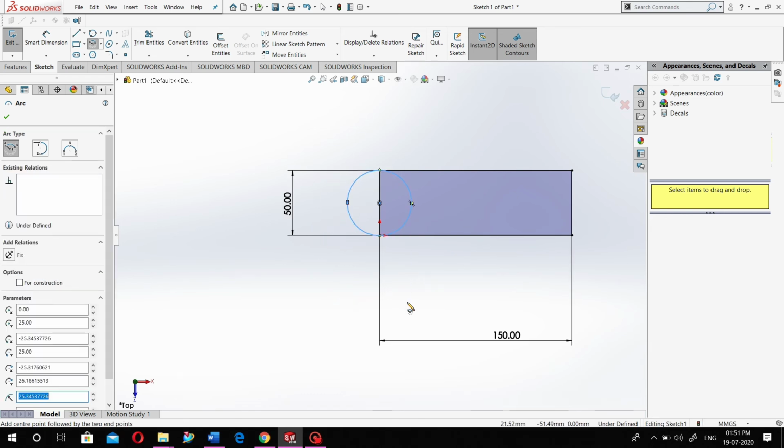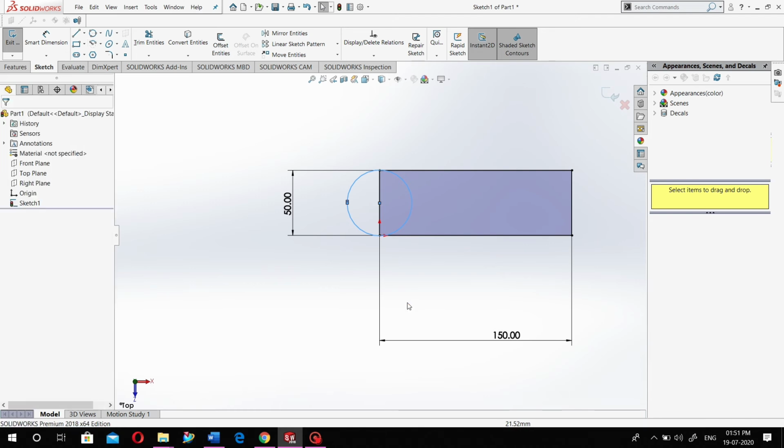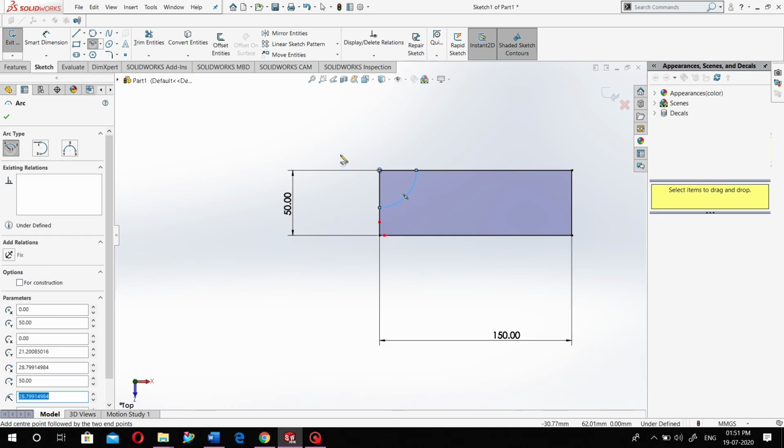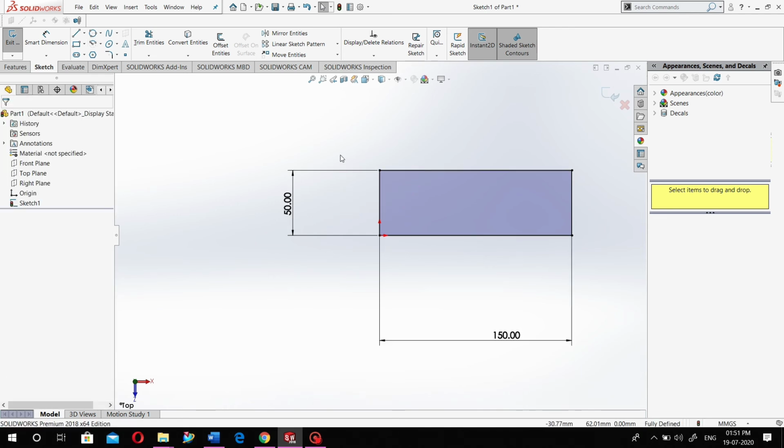So this is the center point arc: you select the first point, the center point, from where you want to start, then give a second point, and your arc is created.